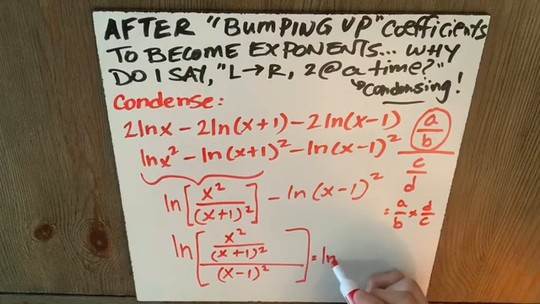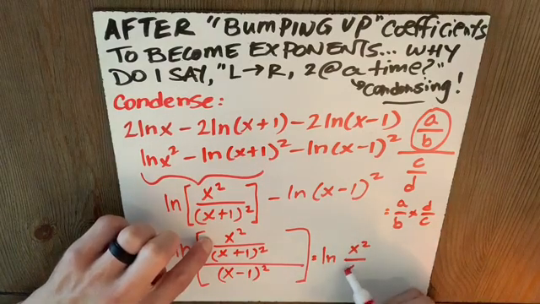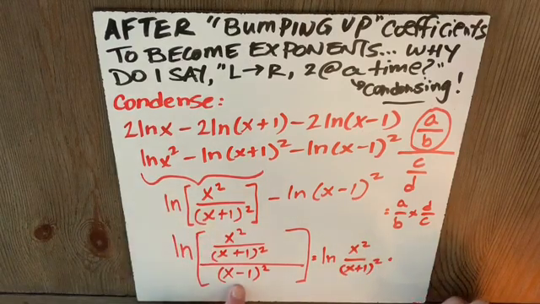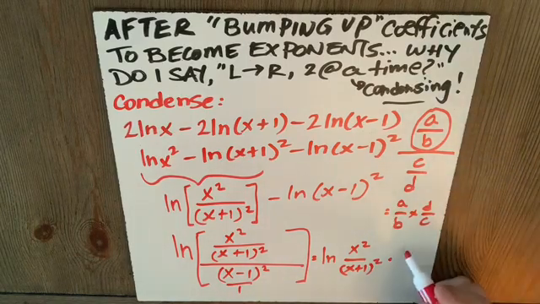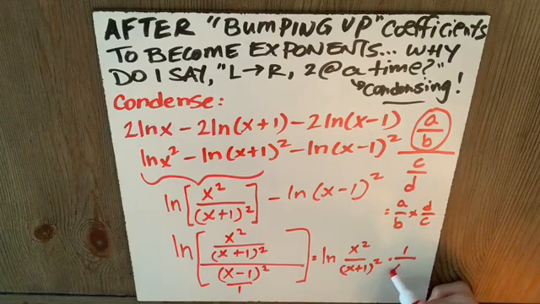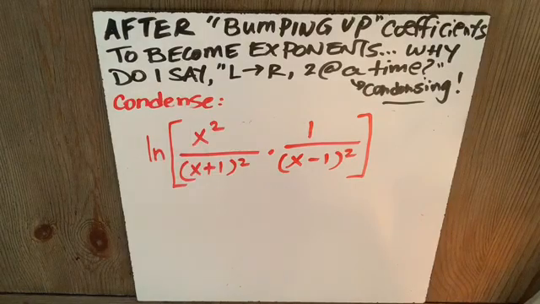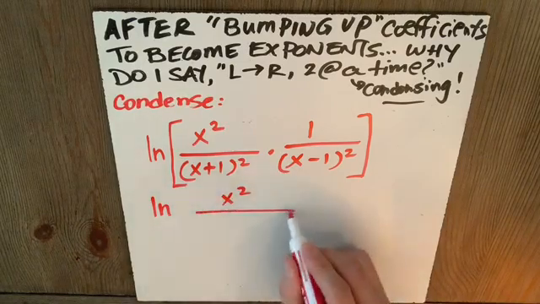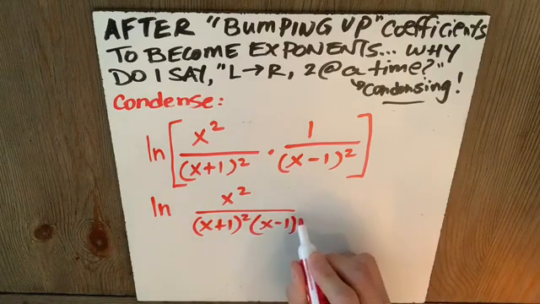So this is equal to the natural log of, I'll keep this, x squared over x plus 1 squared times, here I'm going to flip. Well, this is over 1. That's representing my c over d. So I'll make this 1 over x minus 1 squared. Sorry, I had to just make that a little bigger here. This is where we were in our last step, which of course is natural log of x squared over x plus 1 squared times x minus 1 squared,